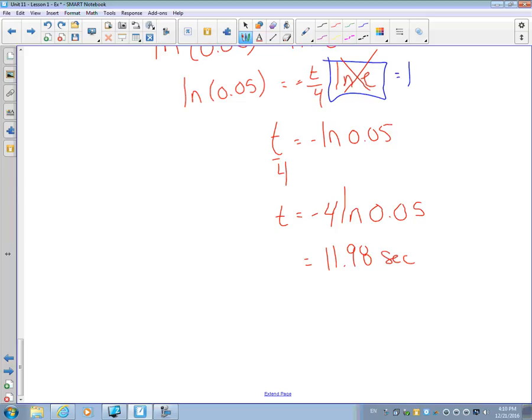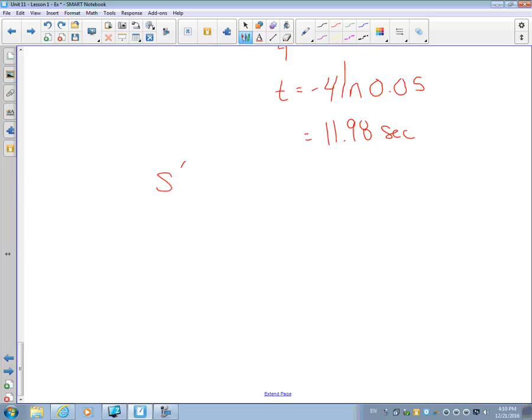The other part to that question says, how far have they fallen at that point? In other words, what is their distance or displacement at that point? Which means we need to go all the way back up to the question, and replace time with 11.98. So our question was, we had 40 t, oh, t is 11.98, minus 160, I'm using the simplified version, plus 160 e to the negative 11.98 over 4. If you punch that all into your calculator one time, you should end up with approximately